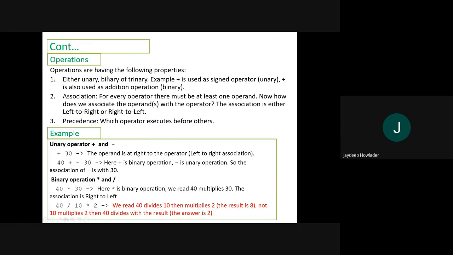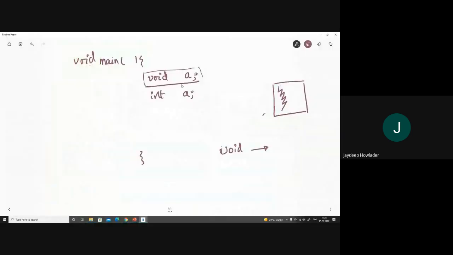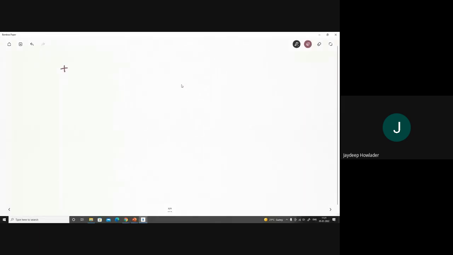Then we have operators. We already discussed these things. The C programming language defines three types of operators: unary, binary, and trinary. Unary operators may be plus or positive, negative.